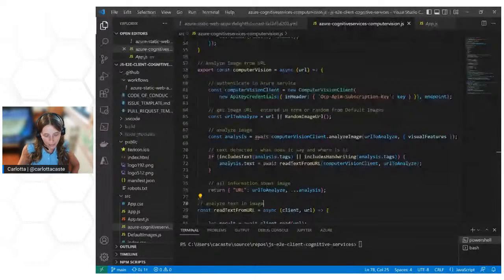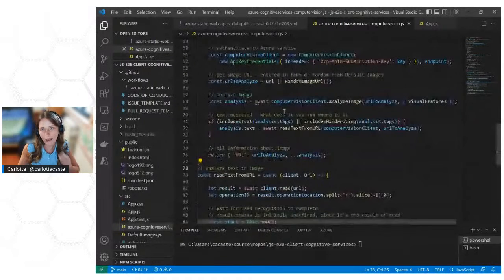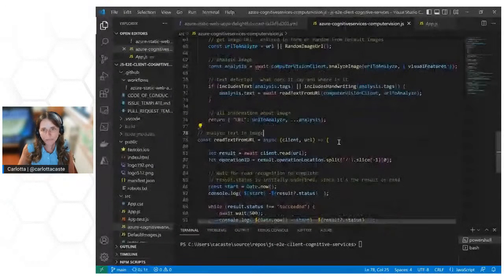And then it calls the Analyze Image API using the client and the Analyze Image function of the JavaScript SDK, and also the list of visual features specified above. In addition to the Analyze Image API, if the image contains text, which we check by looking for the handwriting or text tags in the resulting tags list,